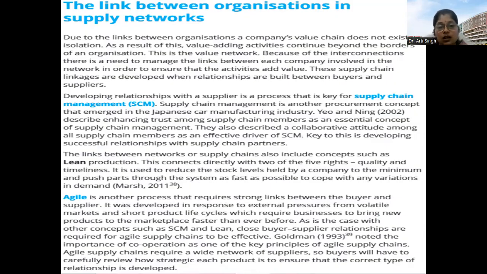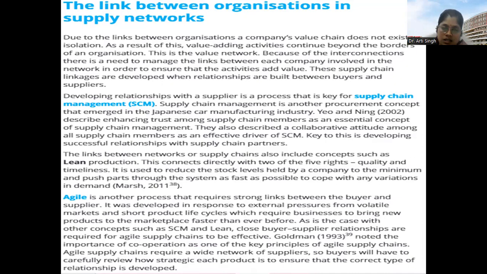Then the link between the network or the supply chain also includes concepts such as lean production, where a number of theories have been given. For example, agile is another process that requires a strong link between the buyer and the supplier. It was developed in response to external pressures from volatile markets and short product life cycles, which require businesses to bring a new product to the marketplace faster than ever before,